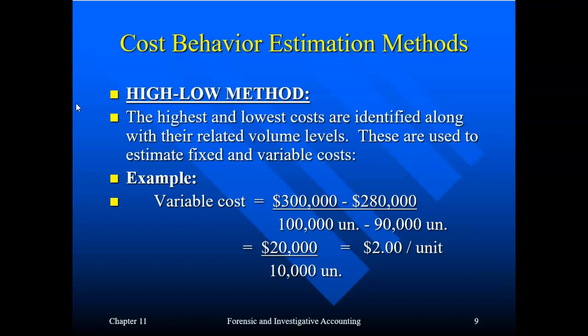One method that you've probably seen before is the high-low method. Let's take a look at this again real quick. You take the change in cost over the change in units. The UN stands for units. At the 300,000 cost level, you have 100,000 units, and at 280,000, you have 90,000. So subtract the numerator and denominator. You have 20,000 divided by 10,000, and so your variable cost per unit is $2. This is for a mixed cost. You're trying to find out what part is variable and what part is fixed. So with this calculation you see on the screen now, we see that $2 per unit is the variable portion.